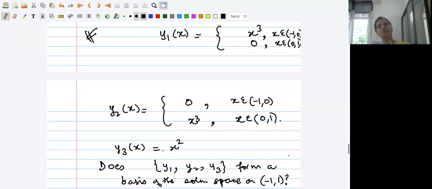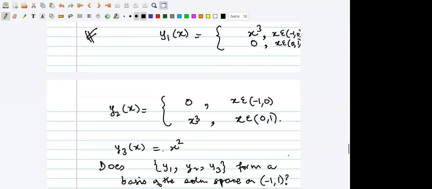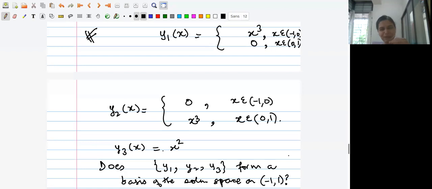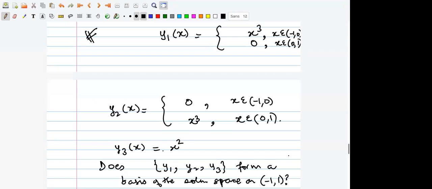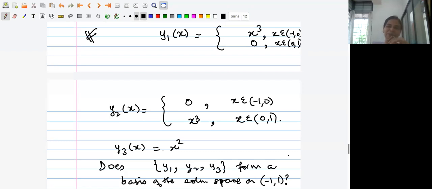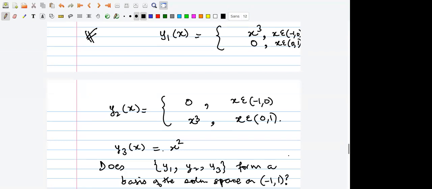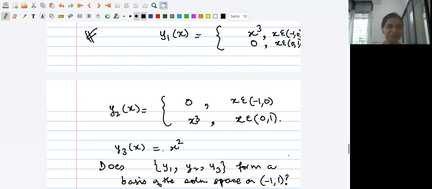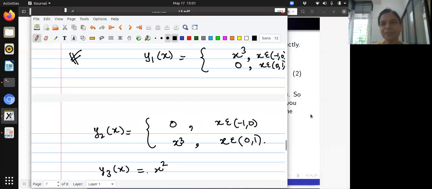Okay. So do we all agree that this forms a basis of the solution space on the interval -1 to 1? Yes, ma'am. This is essentially writing x square mod x only. So he's just clubbed x square mod x and x cube. Correct. I'm just thinking out loud, making the point of emphasis. Is that okay? Yes, ma'am. All right. Good.